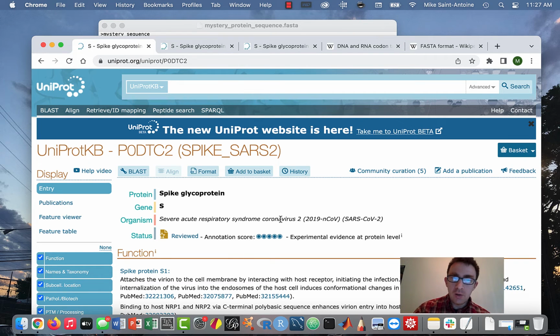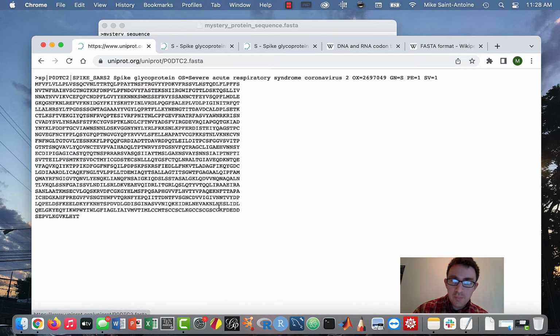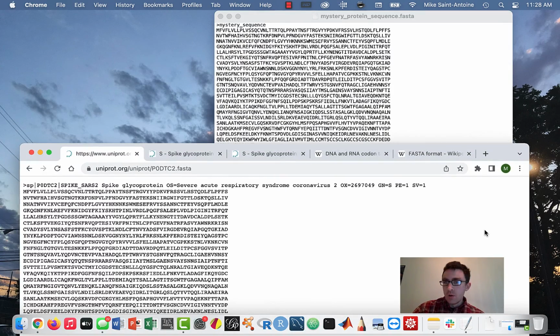So to download it, we're going to go to format. You can download it in a couple different formats, but like I said, FASTA is a widely used format in bioinformatics for sequence data. So we go to format, FASTA, and this is how we get the actual sequence. This is how I came up with the original sequence that I showed you guys in the beginning of this video. I just did that,